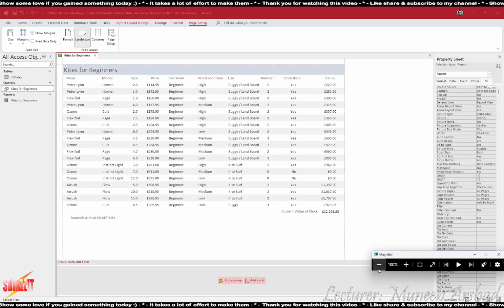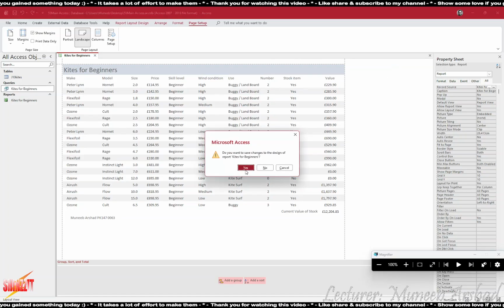This brings us to the end of building the report. So create, query design, add your table, put your criterias, set all the settings, close your query, save your query by the name of your report, come to your report, open it up, open the layout view, fix all the fields, their placement, reposition. Once done, see if there is any operation to be applied, see if there are any text boxes to be added, see if there is any label boxes to be added. Once done, always evaluate, always double check your format, how it looks. It needs to look professional. Okay, once done, you will close your report and it will say save changes.